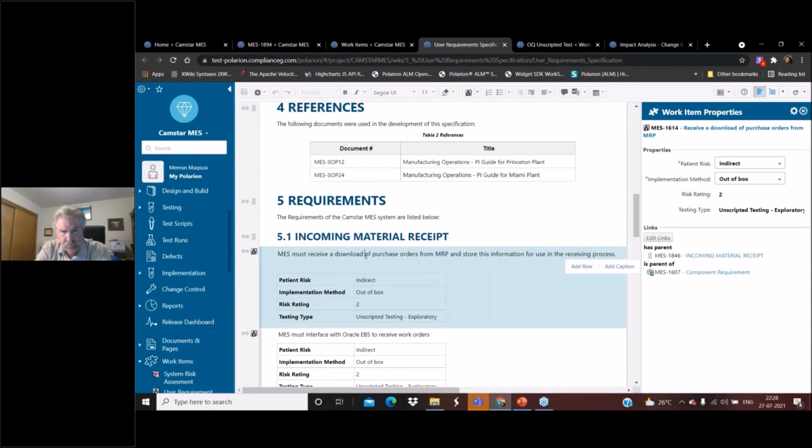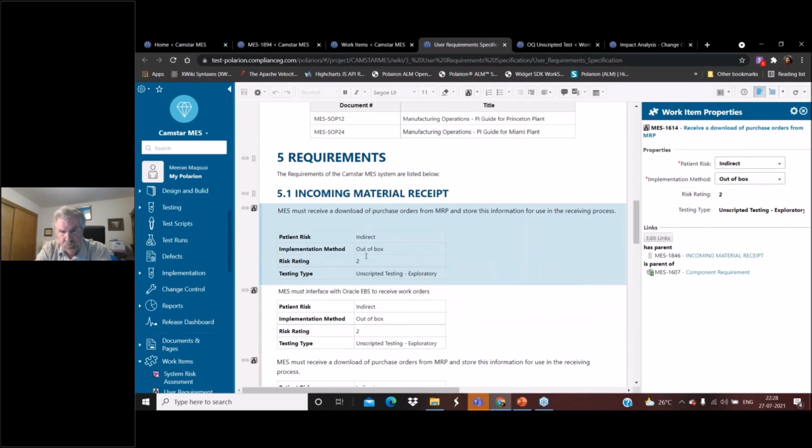And now this requirement is built right within the document. So there is a very tight relationship between these two, the document and the work item. So let's go ahead and perform the functional level risk assessment, which is also a backbone of the CSA methodology, right? So if you want to assess the risk at the function slash user requirement level,